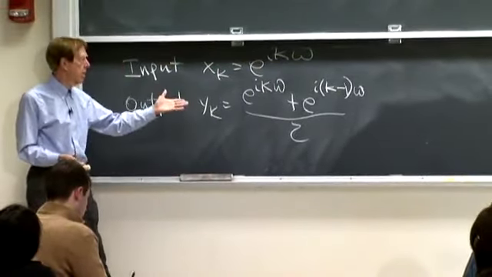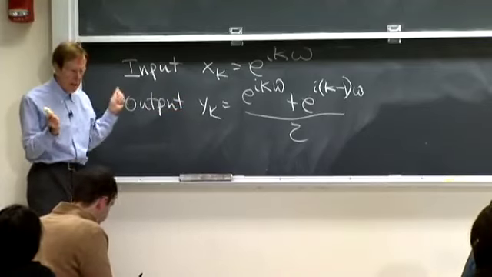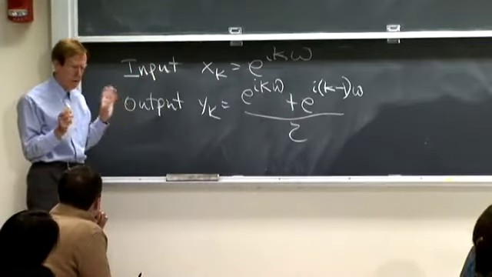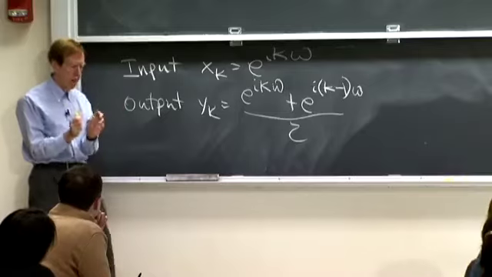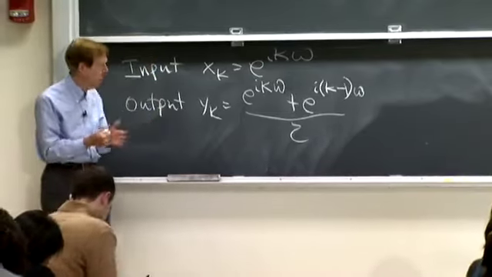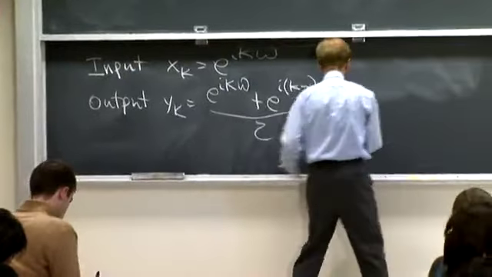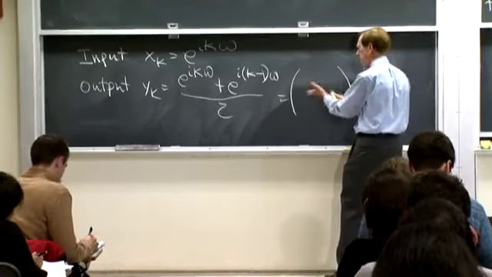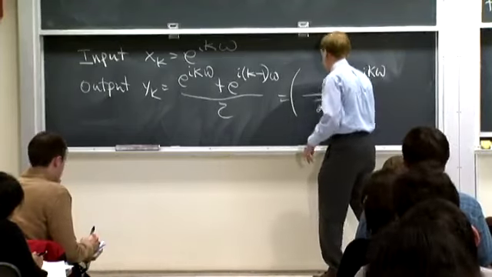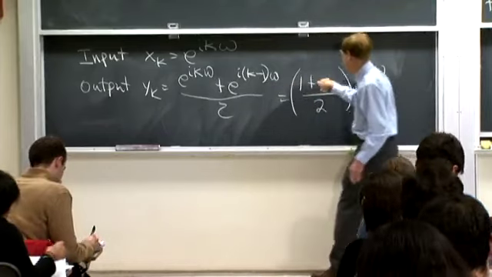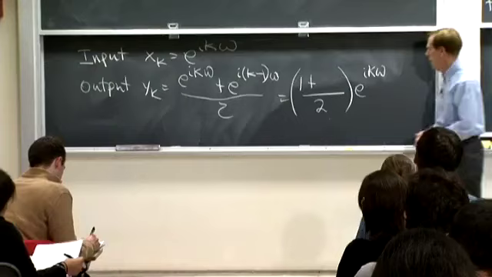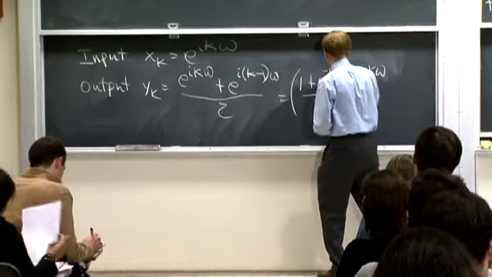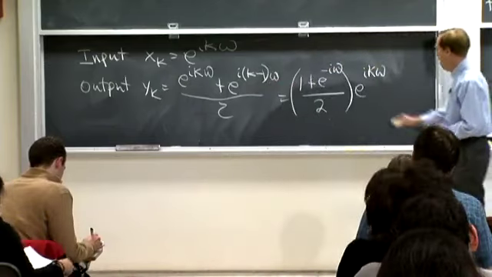Okay, now you're certainly going to factor out, anybody who sees this is going to factor out e to the i k omega, right? I mean, that's sitting there. That's the whole point of these exponentials, is they factor out of all linear stuff. So if I factor that out, I get a very, very important thing. I get, well, it's over 2. I get a 1, and I get, what's this term? e to the i k omega is here, so I only want e to the minus i omega. Okay, that is called